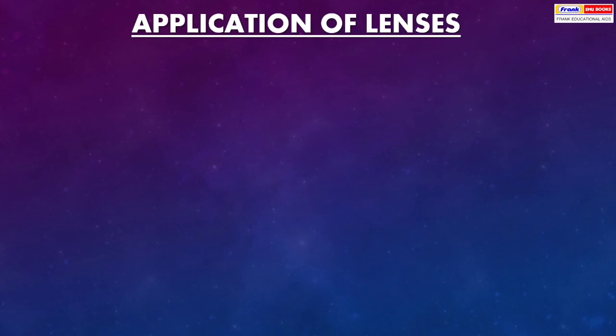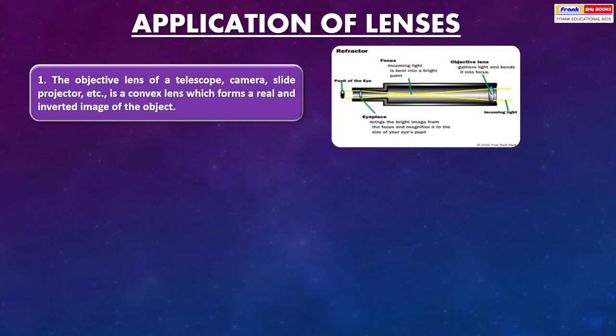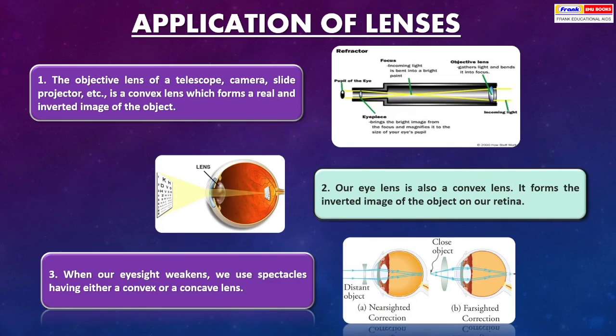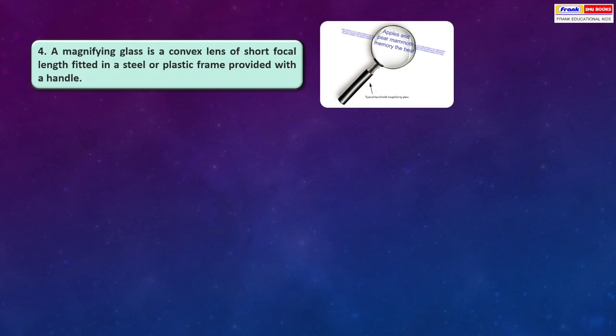Application of lenses. The objective lens of a telescope, camera, slide projector, etc. is a convex lens which forms a real and inverted image of the object. Our eye lens is also a convex lens. It forms the inverted image of the object on our retina. When our eyesight weakens, we use spectacles having either a convex or a concave lens. A magnifying glass is a convex lens of short focal length fitted in a steel or plastic frame provided with